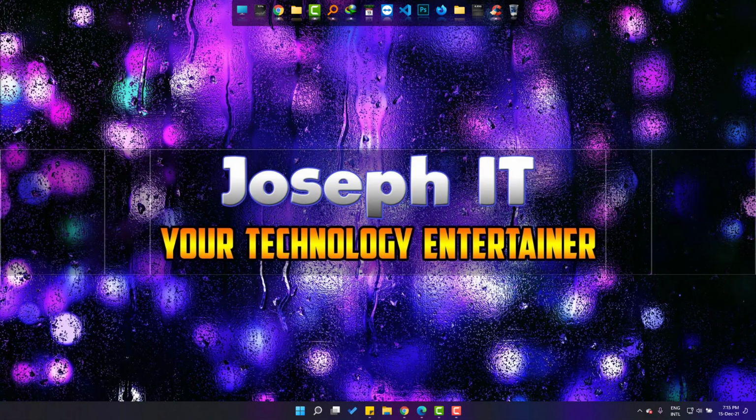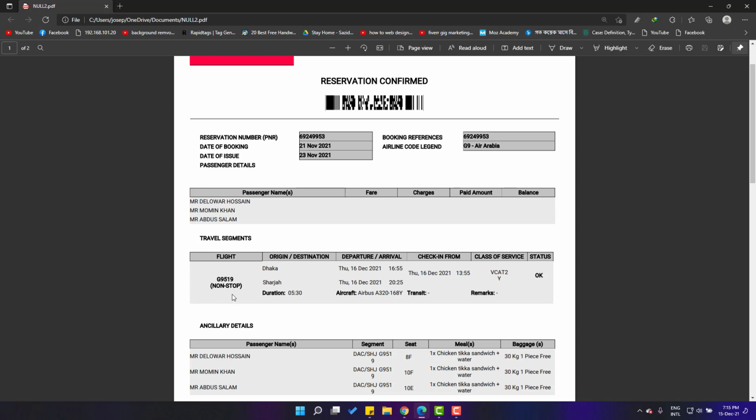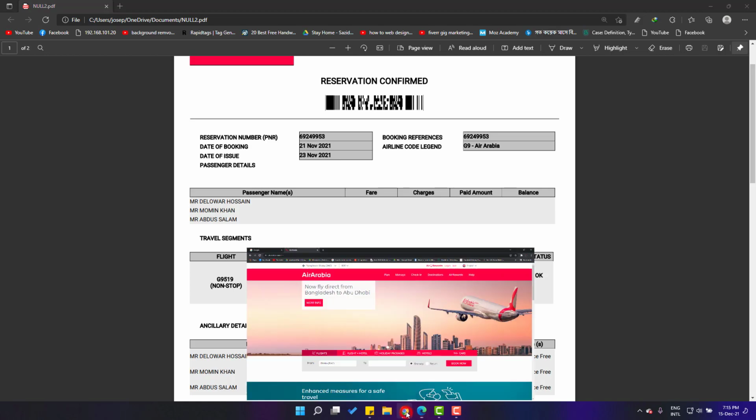Hi, I'm going to show how to check AirArabia flight status with ticket in PC. And here you can see a ticket and I will use the flight number to check the status. Now moving to AirArabia,